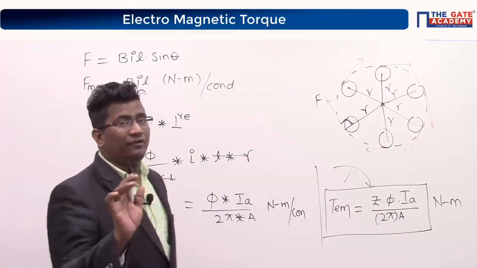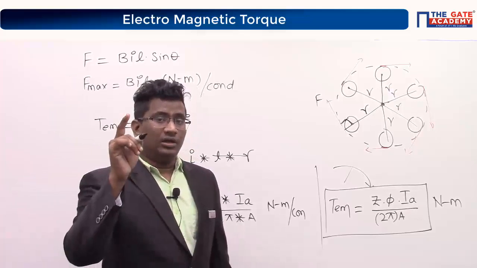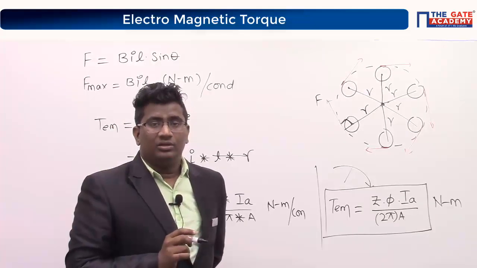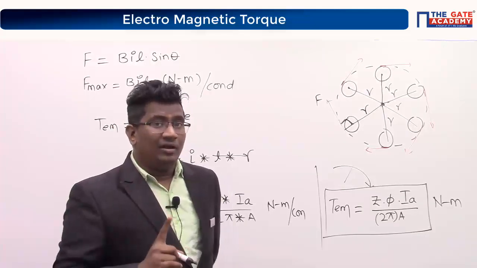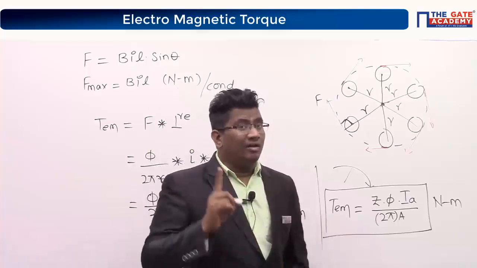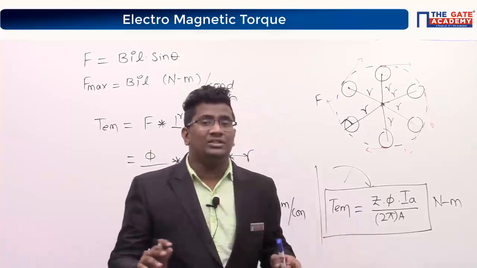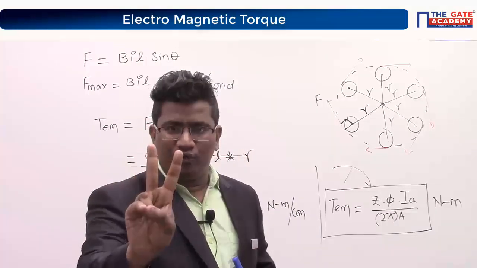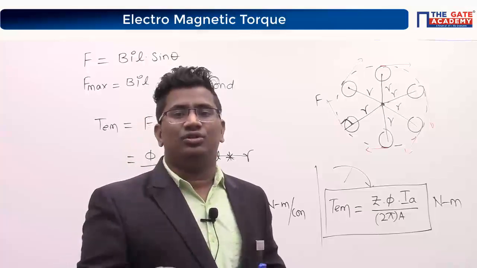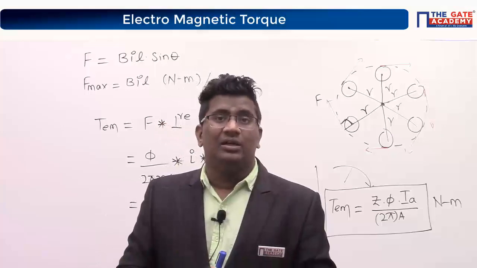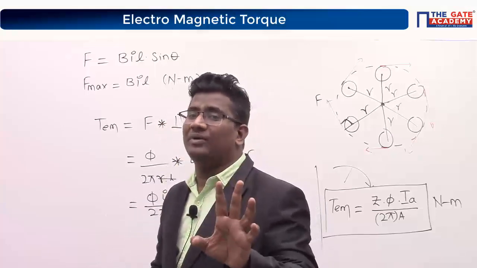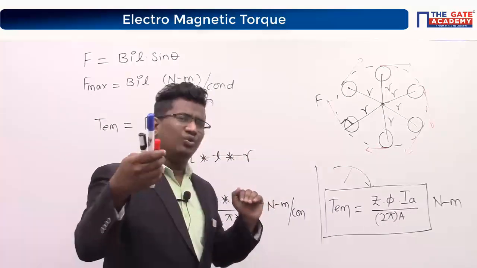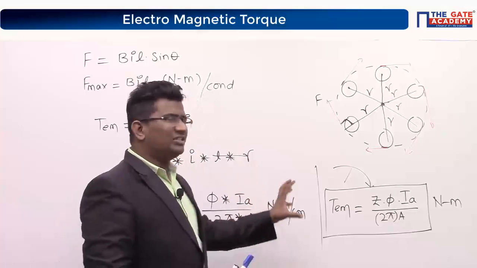Okay? Now you have to do one thing. Take your induced EMF equation, E is equal to phi Z n by 60 into P by A, na? Yes or not? That is one very important equation, and this is a very important equation. I will use these two equations to make one relation. You will get only two formulas. Believe me, only two formulas are there, and the entire DC machine questions you can solve. In GATE till now, what they've asked, only two formulas. With the help of two formulas, 3 to 4 marks is yours, that's for sure. I will derive those two. Already you know that, but I want to take those relations. Once it is clear, please let me know.